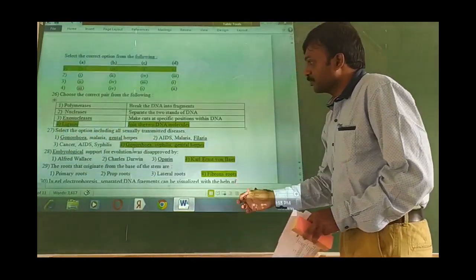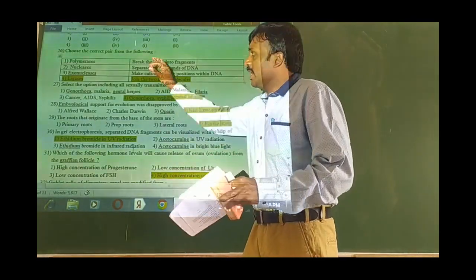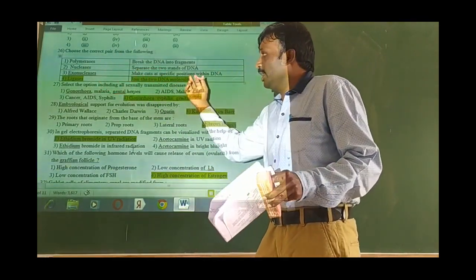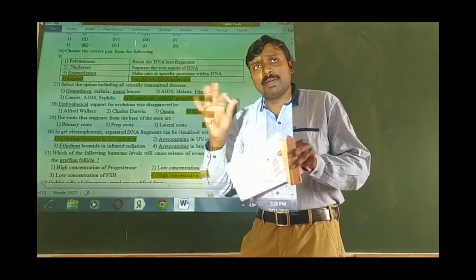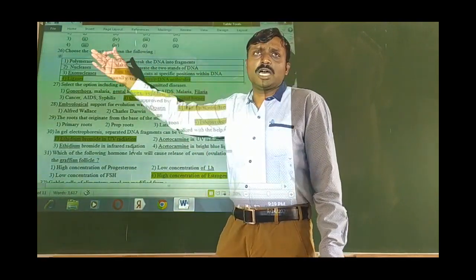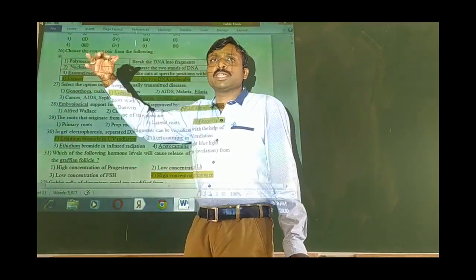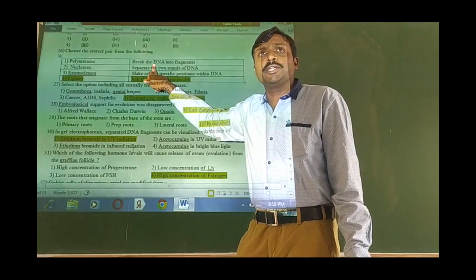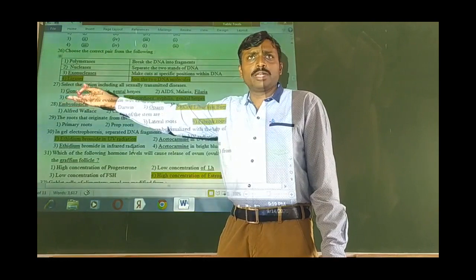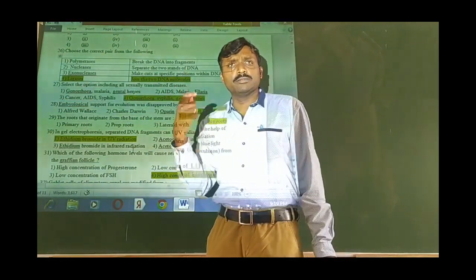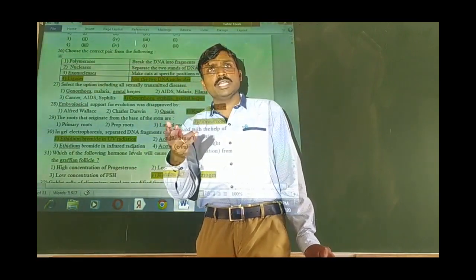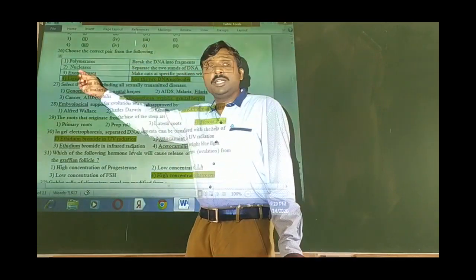Okay. Then moving to the next question. This is again from our biotechnology chapter. In biotechnology, some enzymes are given along with their functions. Here this is not match the following, but they want the correct pair. So polymerases, all of us know, poly in the sense many, which makes many copies, but they are saying break the DNA into fragments. So this is wrong. Nucleases, which is present inside the nucleus, they say separate two strands of DNA. Just now we discussed in one of the bits DNA helicase or RNA polymerase. These enzymes separate the strands of DNA, not nucleases.